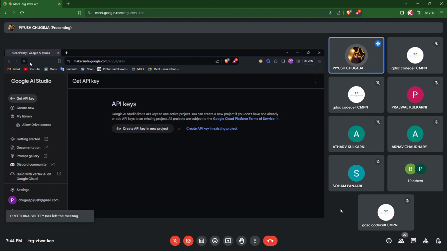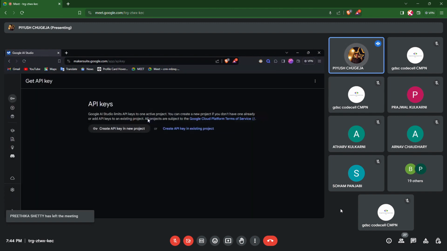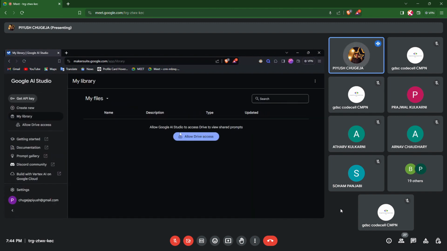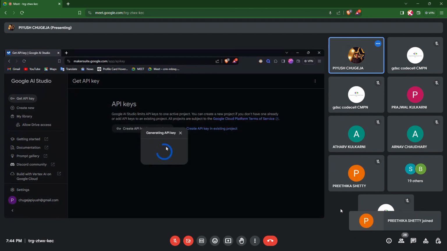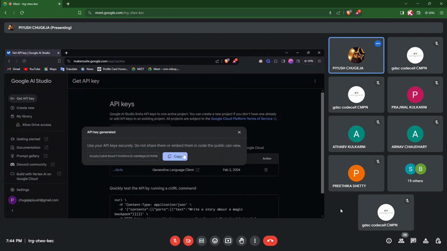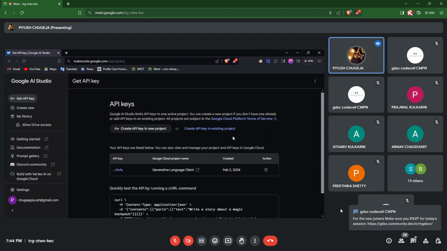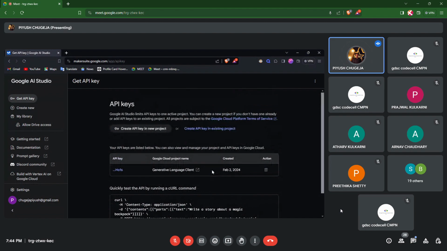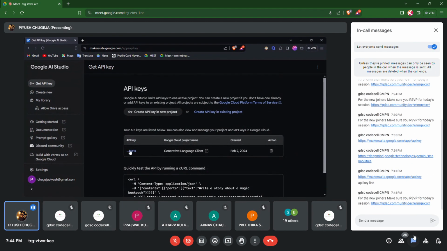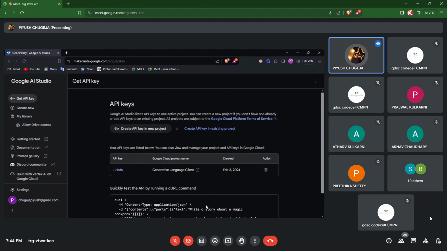for you, right? If I reload this page right here, I just generated a key. I go to my library and it has probably not generated it properly. I'll just do it again. All right. Now the API key has been generated successfully, and you are allowed to generate only one API key as of now, because Google can only give so much for free. I would like you to save your API key in such a manner that you can use it whenever you want. All right. I hope everybody got their API keys.